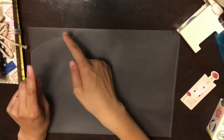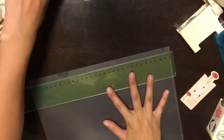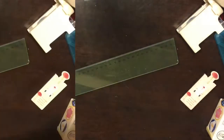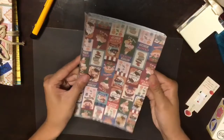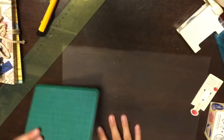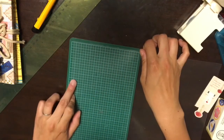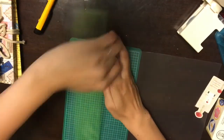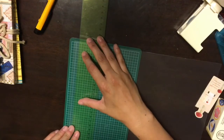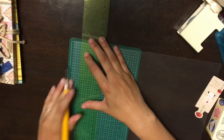And I'm making the base of this thing out of this plastic right here, which is like a document folder. I don't really know what the proper name of it is in other countries, but I'm basically going to cut it so that I don't have the little cave-in part where it's easy to open the file. So I'm just going to make it into a rectangular shape by cutting it off. And next thing I'm going to do right here is put out the thickness of the file itself. I like to make mine a little bit rectangular